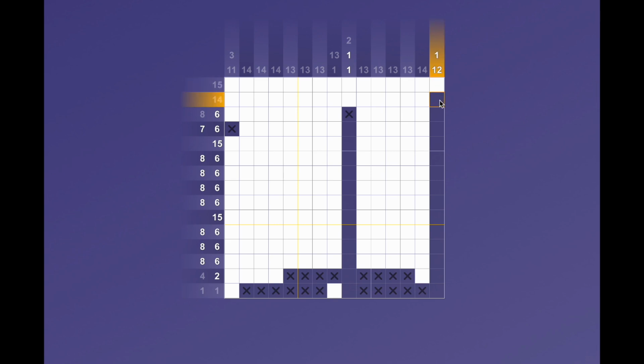This column starts with a 1, so I'll put the X right there. This row starts with the 8, which is all highlighted, and then has 6. 1, 2, 3, 4, 5, 6, which now leads to this column having the 12. 1, 2, 3, 4, 5, 6, 7, 8, 9, 10, 11,